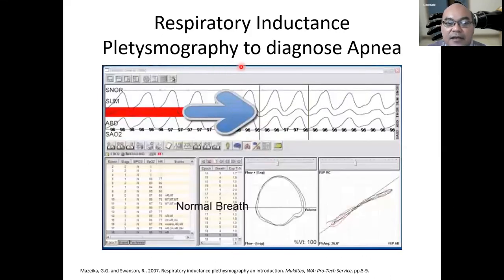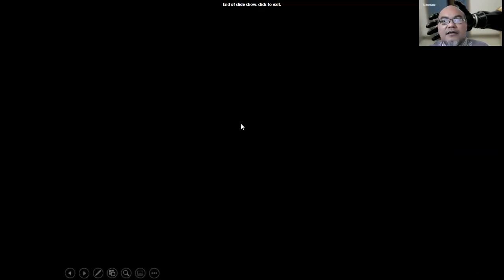Here is how respiratory inductance plethysmography, RIP, can be used to diagnose apnea. Apnea is a disease that happens when people sleep, usually related to snoring. When the snoring gets worse, it could block the breathing channel, the breathing tract. In this signal, this is how the signal looks for a normal breath. Okay, I think that is all for inductance-based